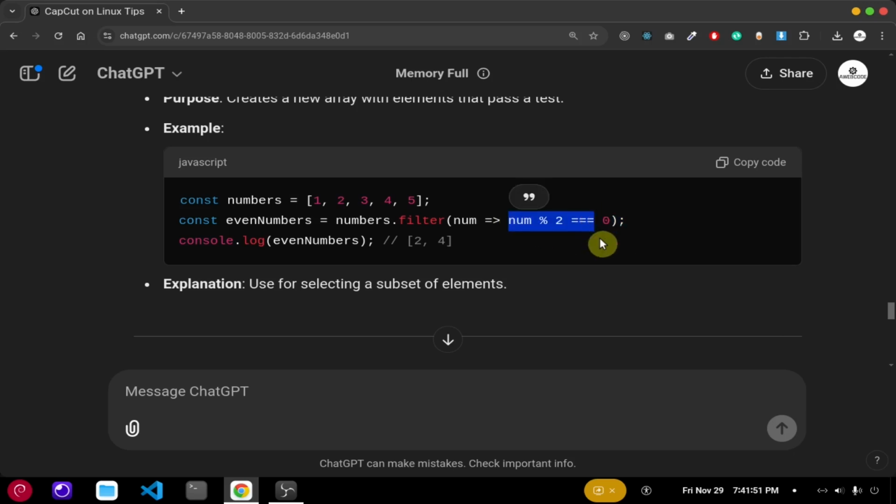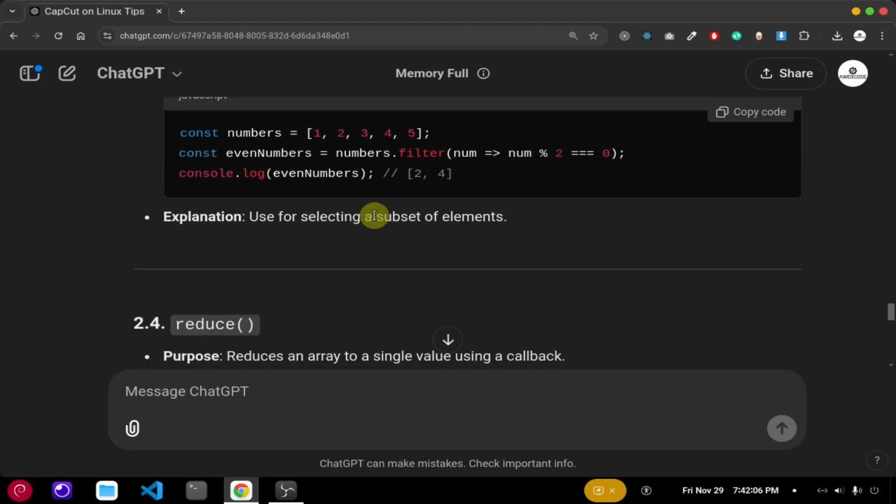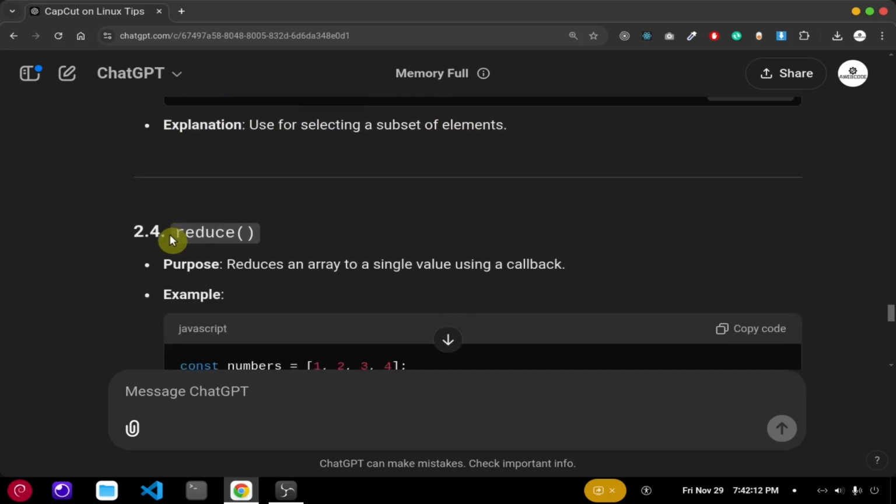And you can give any condition, like number greater than or less than 2, 5, 6, or you can do anything in here, and only the items matching your condition will be returned. It is used for selecting a subset of elements. So this is the explanation, and this is